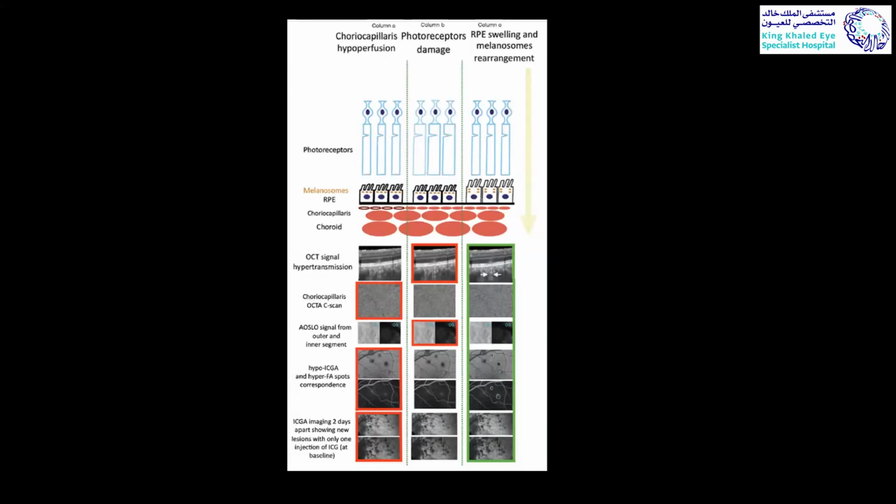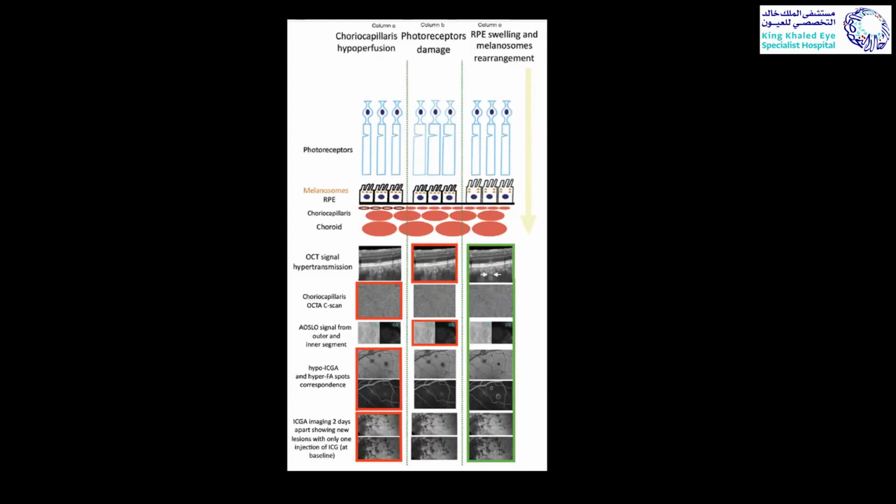Regarding the photoreceptor theory, you can see that in the middle column, the OCT signal hypertransmission was detected there, which cannot be explained by the photoreceptor damage. Most likely there was an RPE affection that caused reverse shadowing in this area. And you can see also when they used the adaptive optics, the images taken at the inner segment and outer segment were not equal, and the photoreceptor at the level of the outer segment was affected more, which may represent that the lesions start from the RPE, not the photoreceptor.